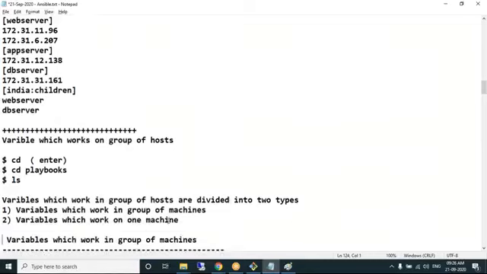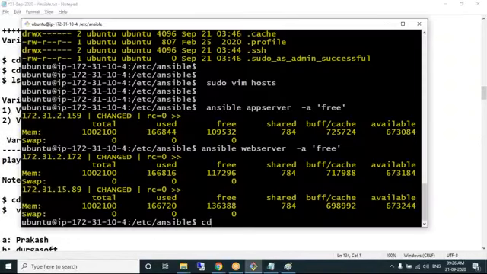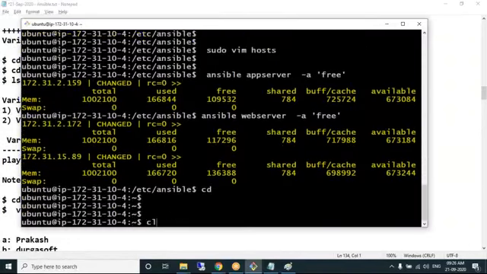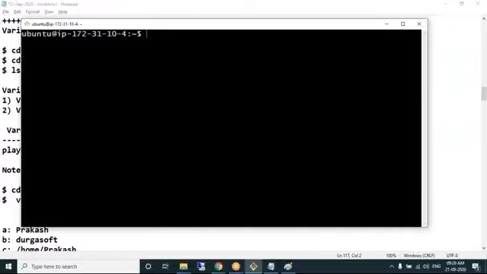For example, I'm creating a folder called playbooks.